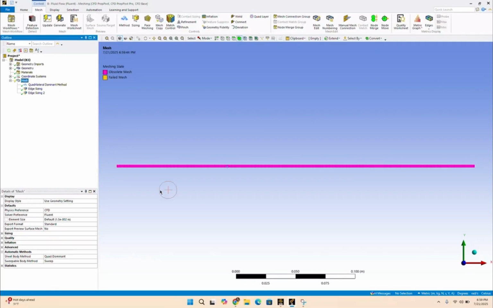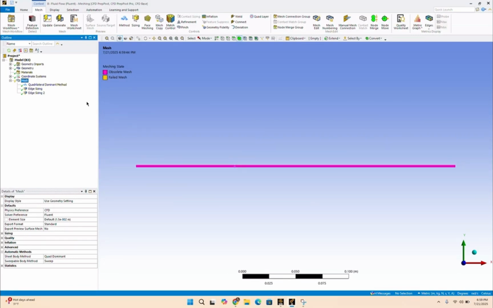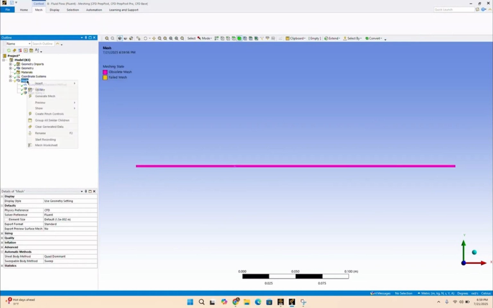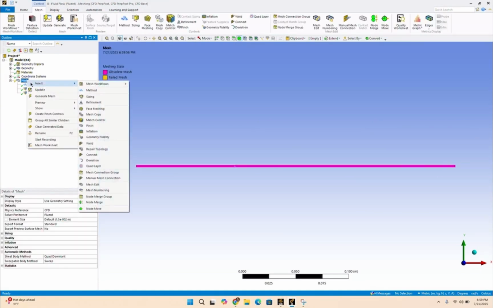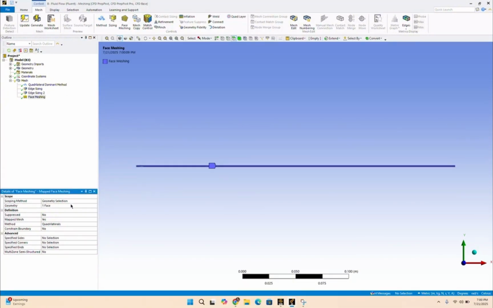So now that we generated that, you can see the mesh. We zoom in, and it's going to be the little divisions that we did. 100 times 1,500, so it should be 15,000 divisions. Now we're going to go to face meshing. And now that we face meshed, we have to use the whole sketch. So we're going to click on the rectangle right here, then click Apply. And then once you do that, you can generate it, and that will be your full mesh. Now that we've meshed everything,